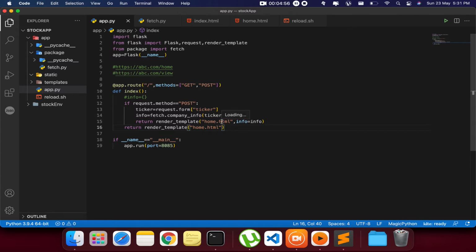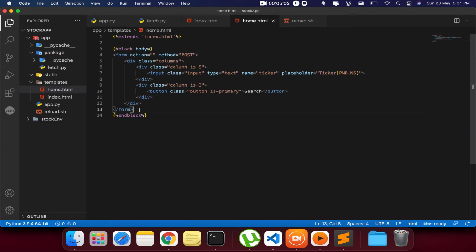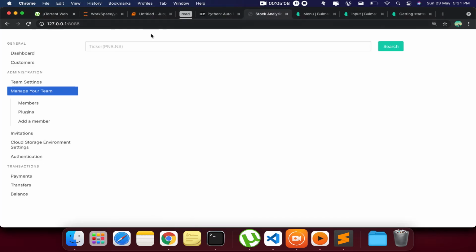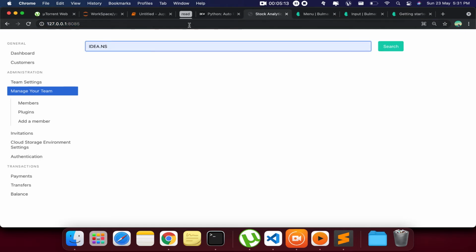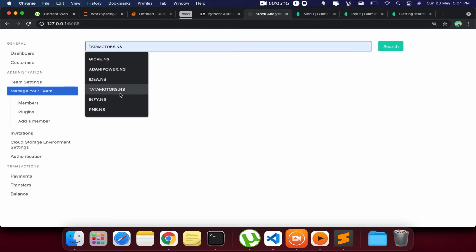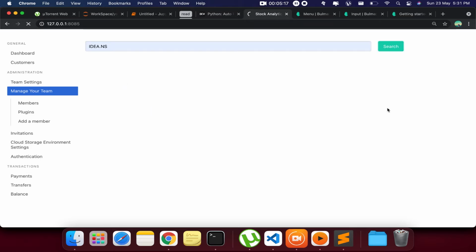Now I have the info, so let me go to home.html, and outside the form let me print the info variable. Now if I reload, put IDEA and search.